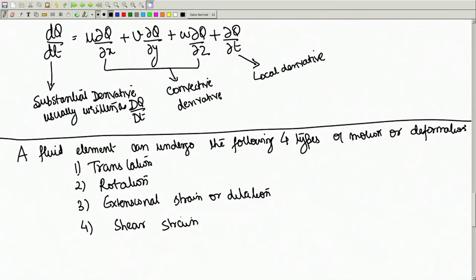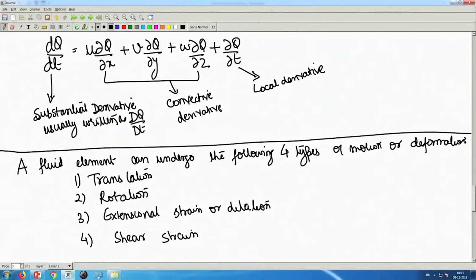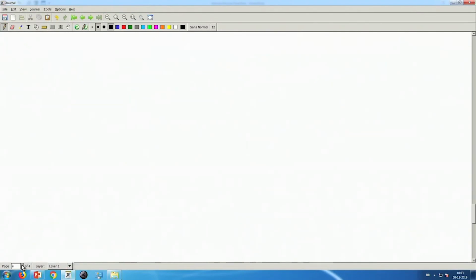All right. So, we are going to derive something which, so we are going to derive